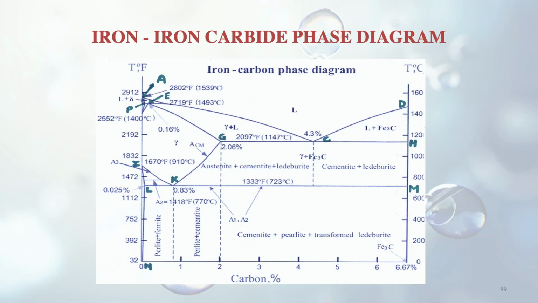The GK is the line, meaning from 2.06% carbon to 0.83% carbon. Here also two different phases are there, that is the pure gamma austenite and the austenite plus cementite plus ledeburite. Finally we reach the point K, and a similar thing will happen, where the austenite will again come down to two phases, ferrite and cementite, or better known as pearlite. So this is the process. There are different lines in this depending upon the carbon percentage in the steel. You can see how the cooling will take place and what kind of steel we will get.